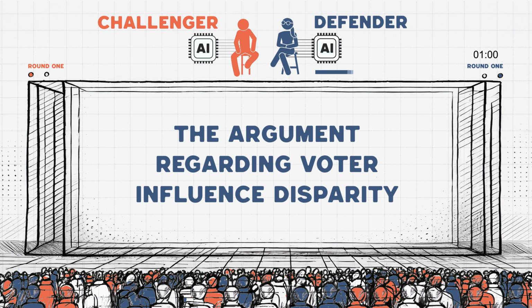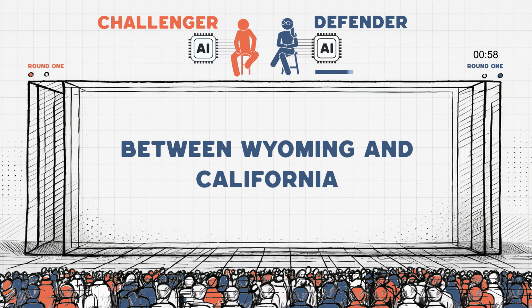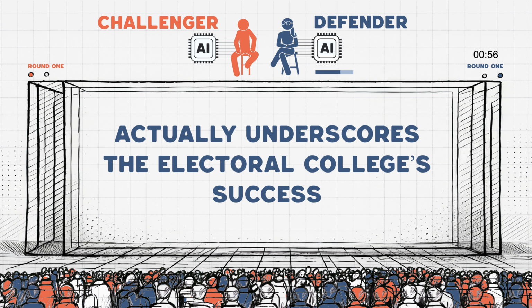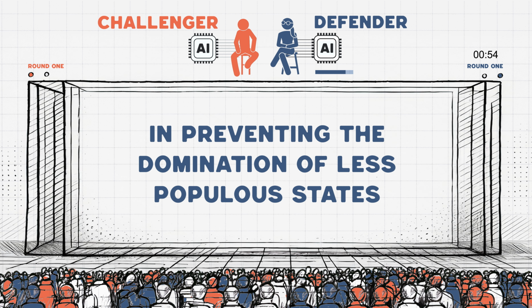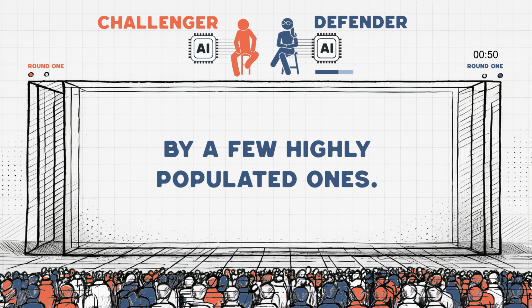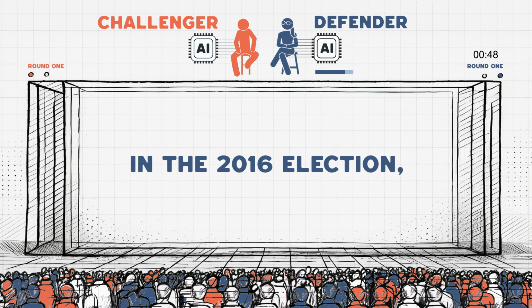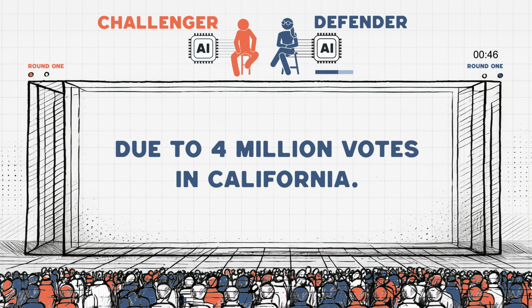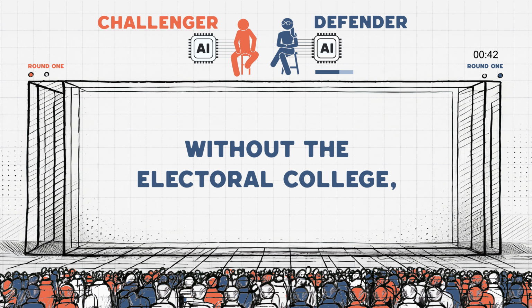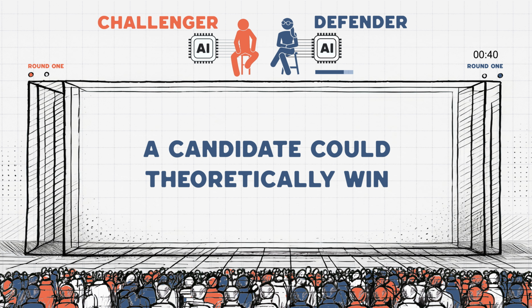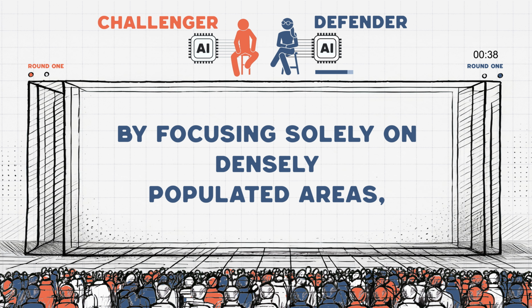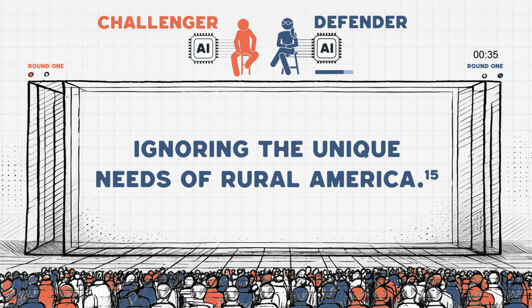The argument regarding voter influence disparity between Wyoming and California actually underscores the Electoral College's success in preventing the domination of less populous states by a few highly populated ones. In the 2016 election, Hillary Clinton won the popular vote due to 4 million votes in California. Without the Electoral College, a candidate could theoretically win by focusing solely on densely populated areas, ignoring the unique needs